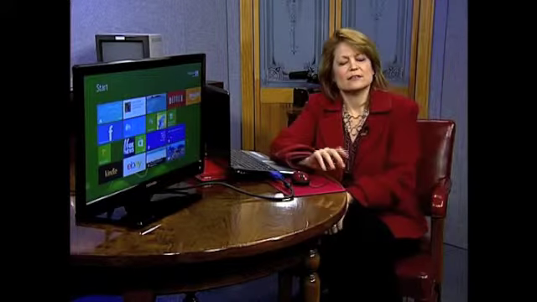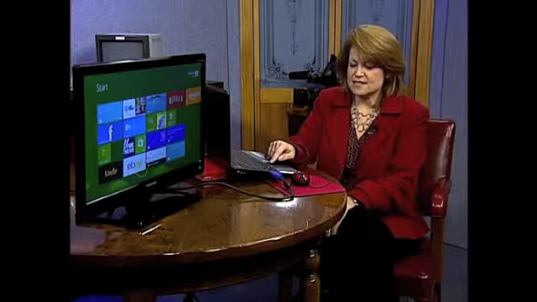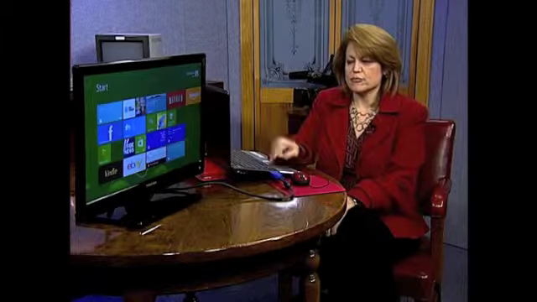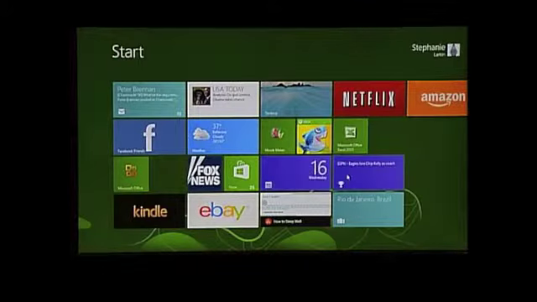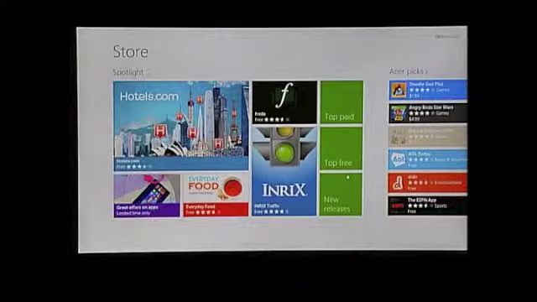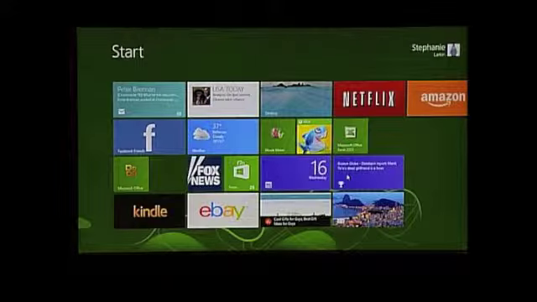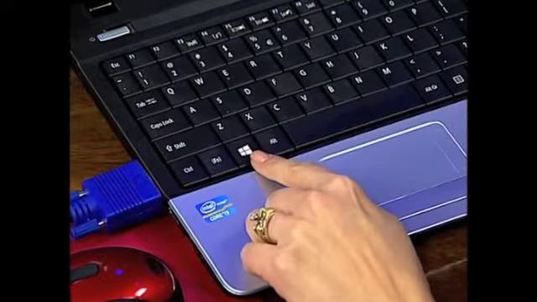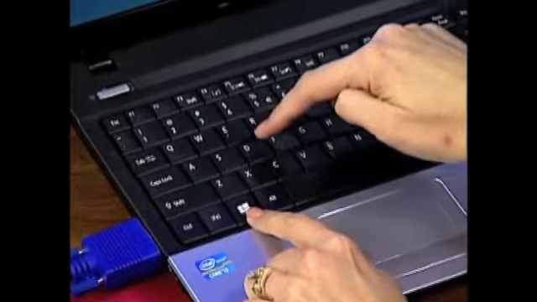Now, you might say that looks all fine and good, but I still want it to look a little more like what I'm used to. What's interesting is this Windows button brings us to this screen, but if we're already on this screen, it's going to bring us through some of the last things we saw. And if we press this plus D,